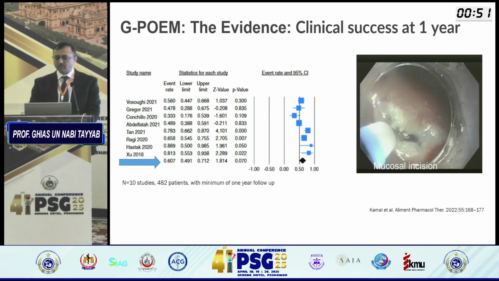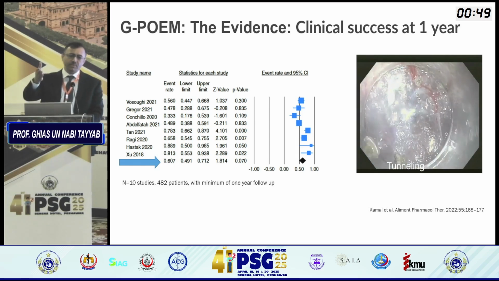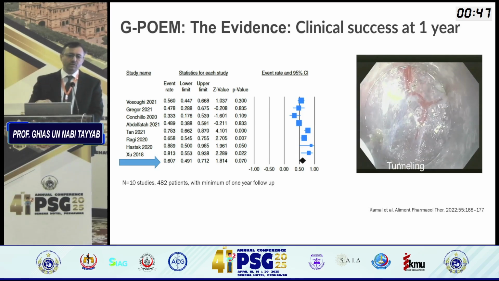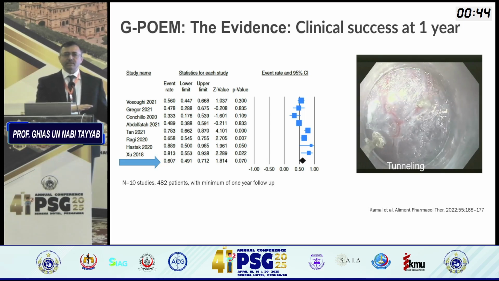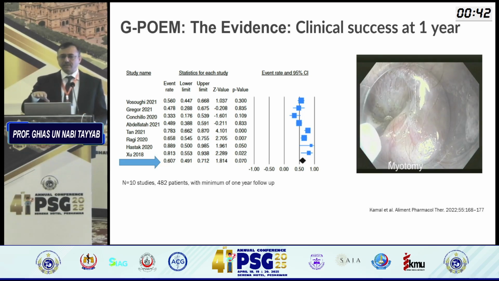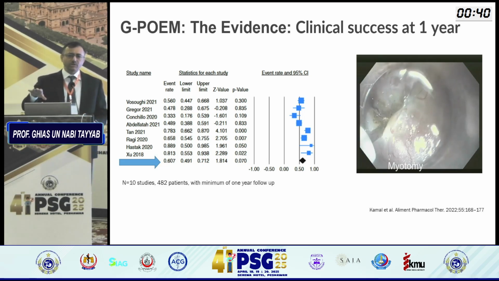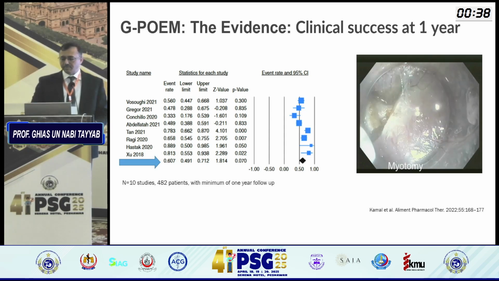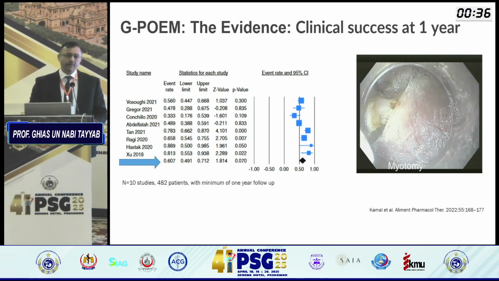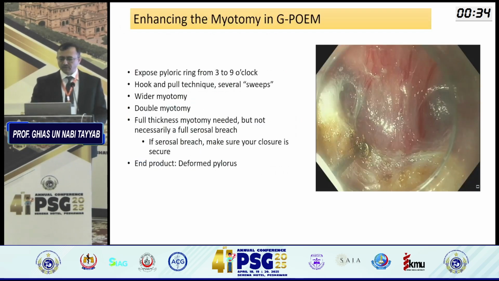If you look at this video, you can see that we make a vertical incision or we make a horizontal incision. Rest of the steps are exactly the same as in E-POEM. We make a dissection, we go all the way to the pyloric muscle and then cut it, and the whole thing gets closed again with the help of either a suture device or clips.